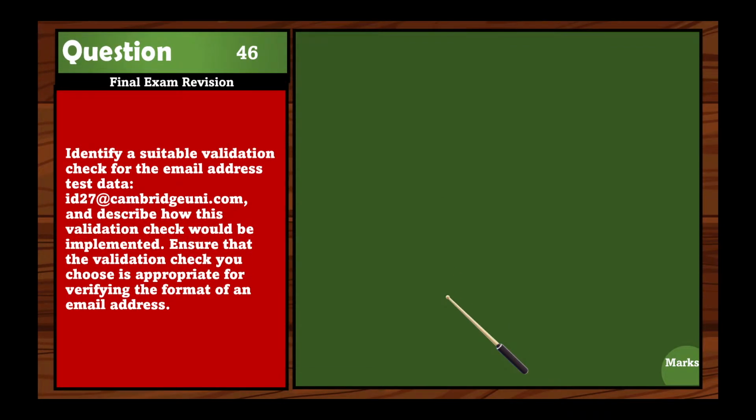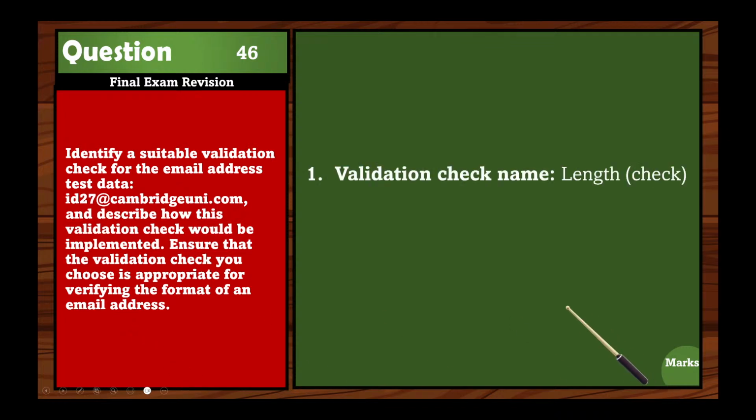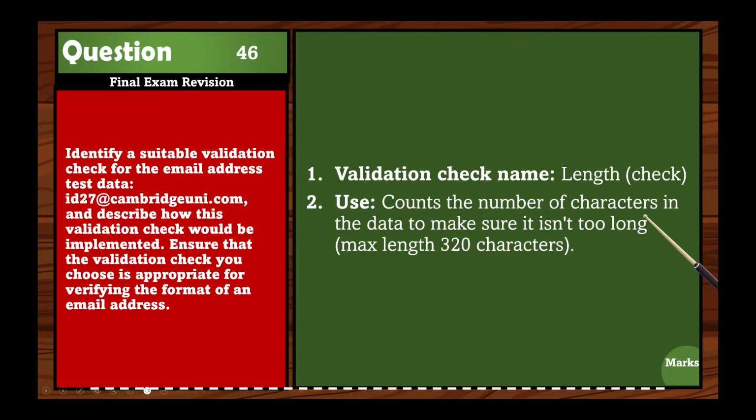Question 46. Identify a suitable validation check for the email address test data. This is the email address id27@cambridgeuni.com. And describe how this validation check would be implemented. Ensure that the validation check you choose is appropriate for verifying the format of an email address. So what validation check can we use? We can use the length check. Why? Because we count the number of characters in the data to make sure that it isn't too long. For example, the max length for an email address could be 320 characters, so it doesn't go more than